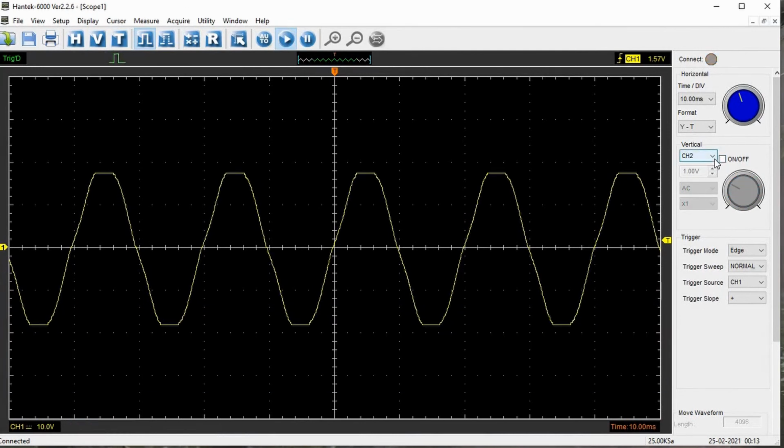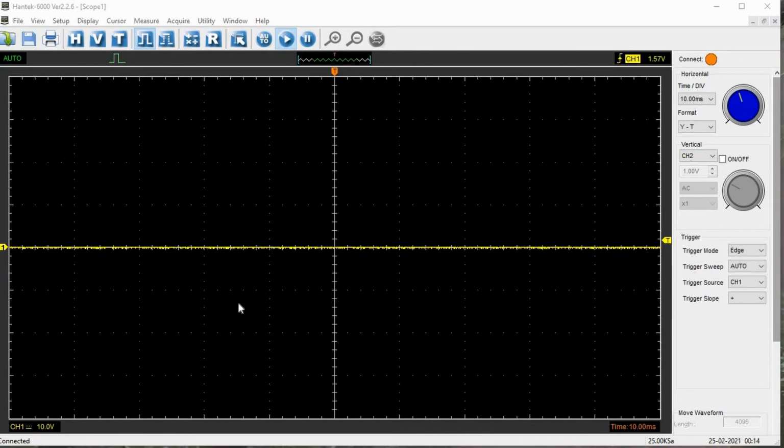So let me just set it up. As I told you, the first thing you have to do here is select channel 1, and first I will make it ground. Set my ground level to 0. Now let me connect it to the added waveform.